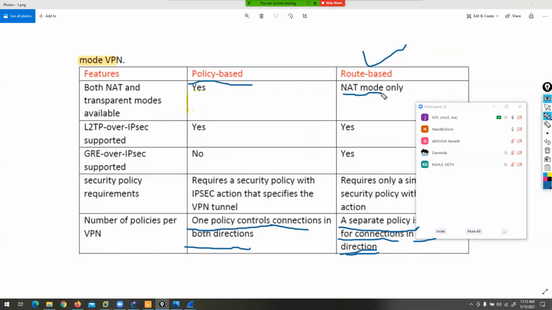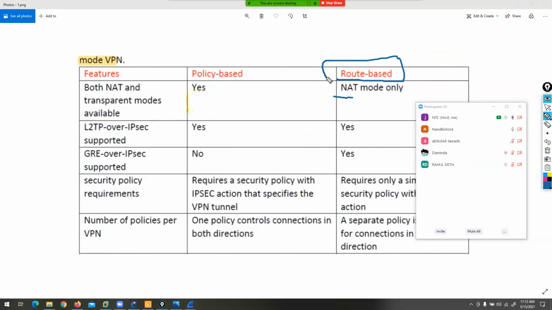It's an L3 firewall. And if it is an L3 firewall, we can configure NAT, VPN and all that. With an L3 firewall, you can configure route-based. But if you want to configure policy-based VPN, you can configure in both modes, L3 mode firewall and transparent L2 mode firewall. This practical we will implement tomorrow, not today.